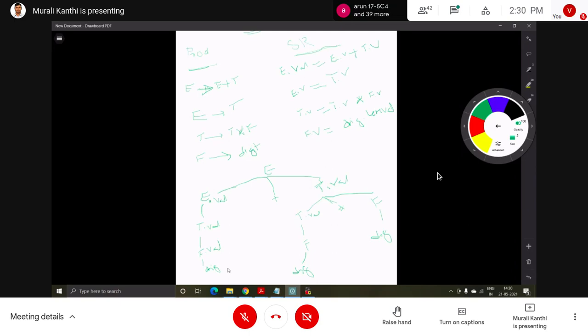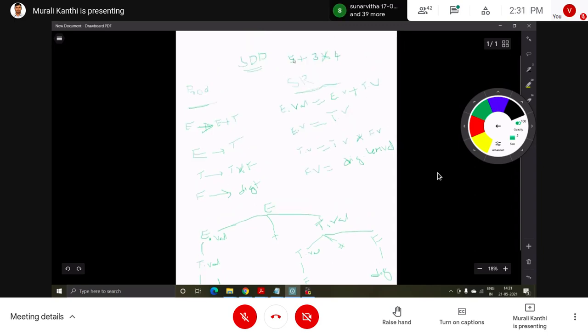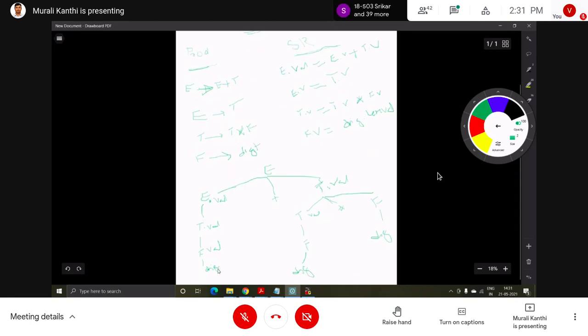So first of all, digit dot lexval. Here the expression is 5, so digit 5 is taken here. This is the first operation. Now this is copied into F dot value: 5 is copied into this. Then this value is copied into T. Now this is given to E. Here all these are synthesized attributes. So F is taking value from its children, T is taking from F, E is taking from T.